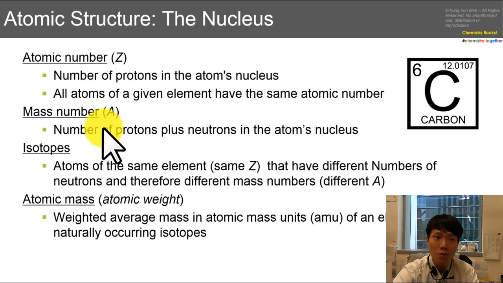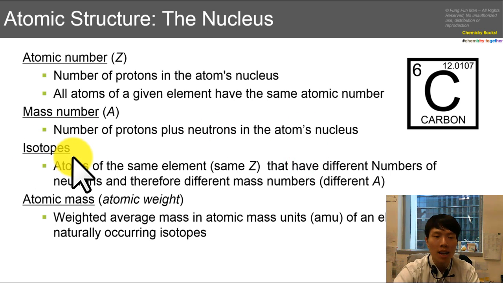Now these are the terms that you have to know very well as scientists, not only chemists. Atomic number is normally represented by the symbol Z. You see this box here in every square in the periodic table. Now do not be deceived by the position of these numbers here. You just need to recognize two things. One is the big number, one is a smaller number. The bigger number must be the mass number, which we denote with A, and the smaller number here will be the atomic number, that's always an integer. Now we have the symbol that represents the particular element and the name that spells it in English.